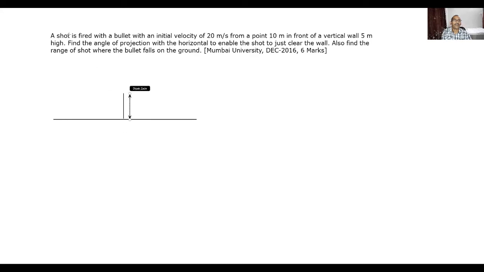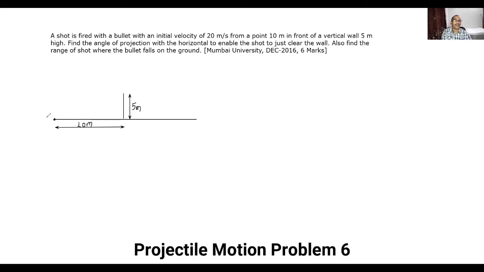Okay, this height is given as 5 meters. And it is projected from 10 meters in front of the vertical wall. Therefore, if we represent the point from where it is thrown, say this one is the location, so this is 10 meters, right? So this point becomes the point of projection, say point O,